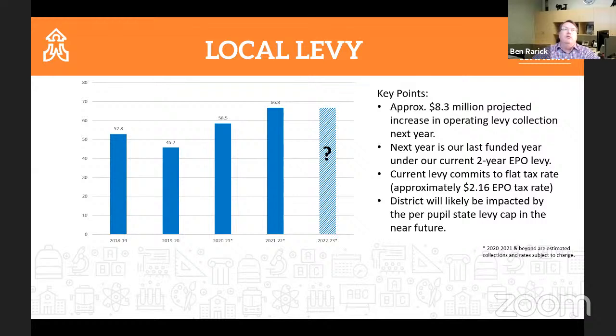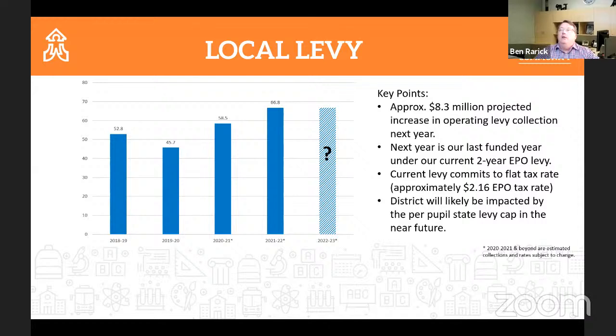So, one of the things that will be coming your way in the summer and the fall is that annual process of recertifying a levy and putting something on the ballot. All of that will start, those activities will occur in the fall, this coming fall, as we look to put something on the ballot sometime during the next calendar year. And typically that is early in the following calendar year.